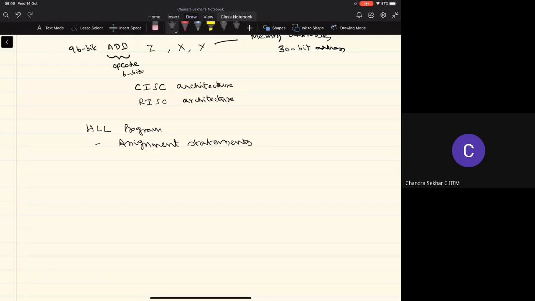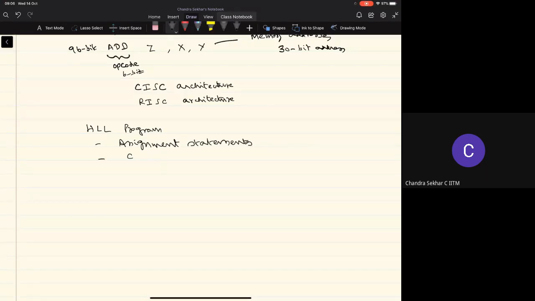So, to the left of the assignment operator, there will be a variable, and to the right of the assignment operator, there will be typically an expression, an arithmetic expression or a logical expression, right? And we need to evaluate the expression and then put the result of that evaluation of the expression to the variable on the left of the assignment statement. Okay. Then actually most of the arithmetic and logic operations take place in the execution of the assignment statements.